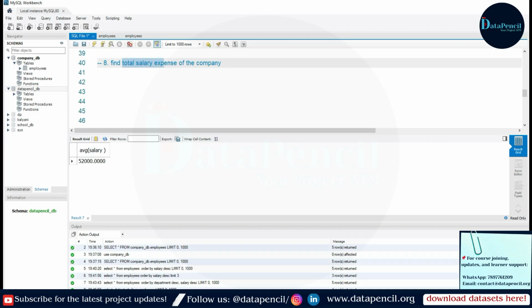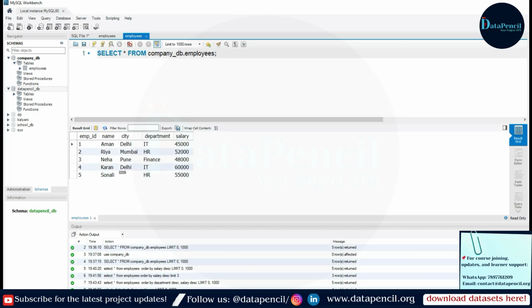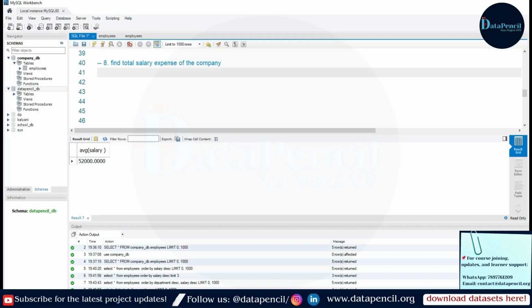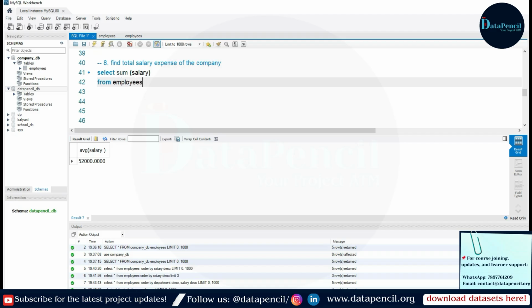So to find the total salary expense, what will we have to write? Suppose I have 5 employees. I will simply add all these salaries. This is the salary expense for me, correct? So we simply have to use the sum function here. We will write select sum of the salary column from employees.